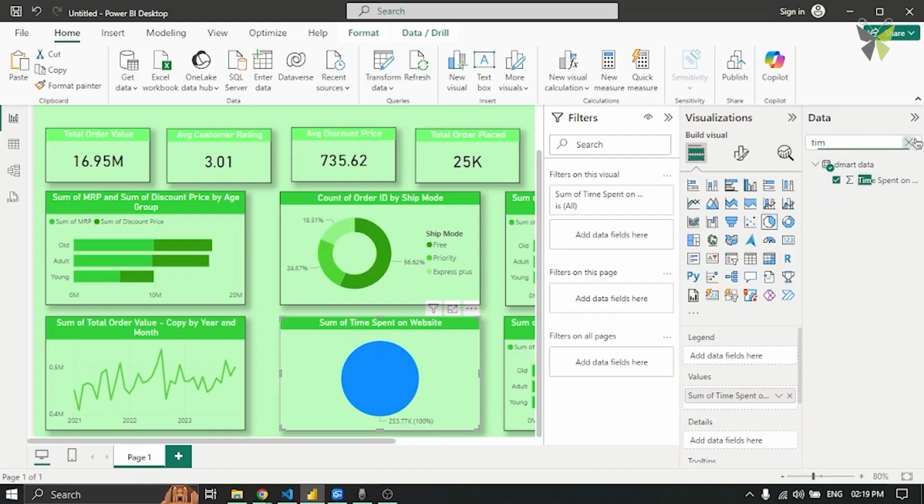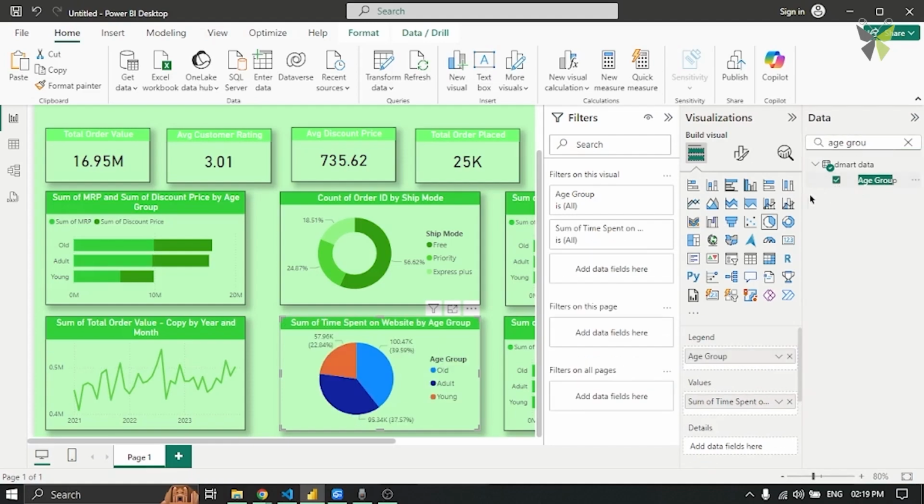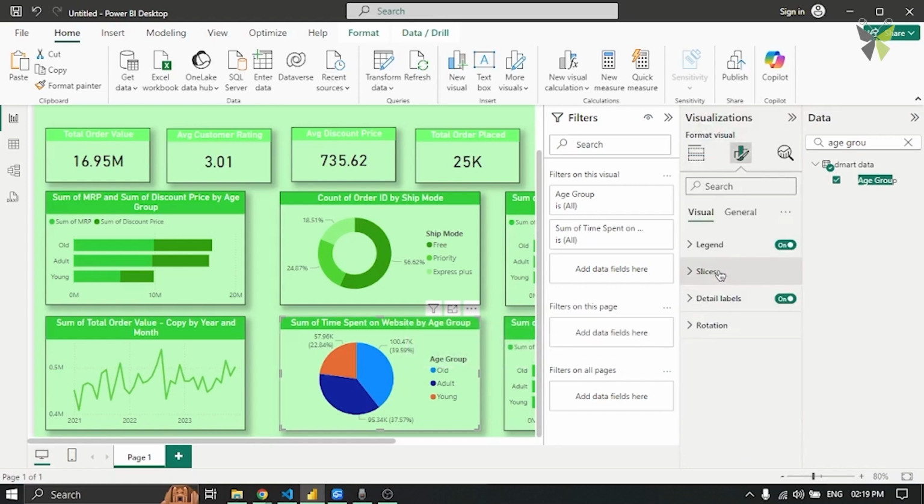Let's compare it with age group. Let's see which age is able to order faster and which is taking a lot of time, and who is spending the most amount of time on our website. Apparently old and adult are spending a lot of time compared to young. How are old spending a lot of time? Around 40%. Okay, we'll try to understand that as well.